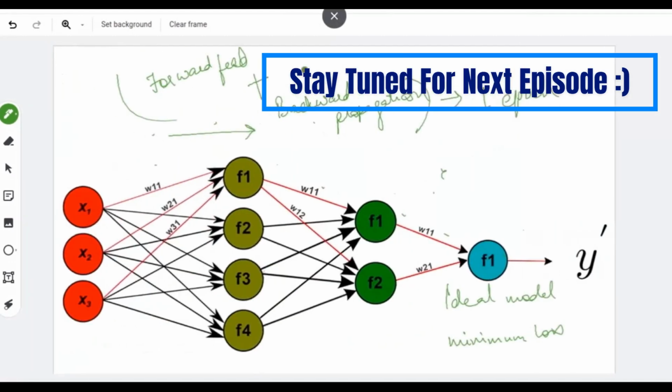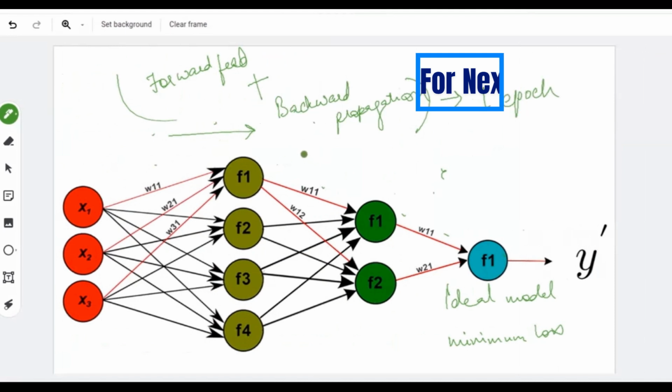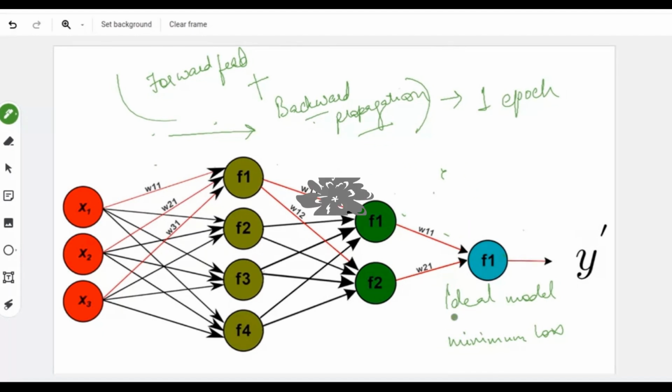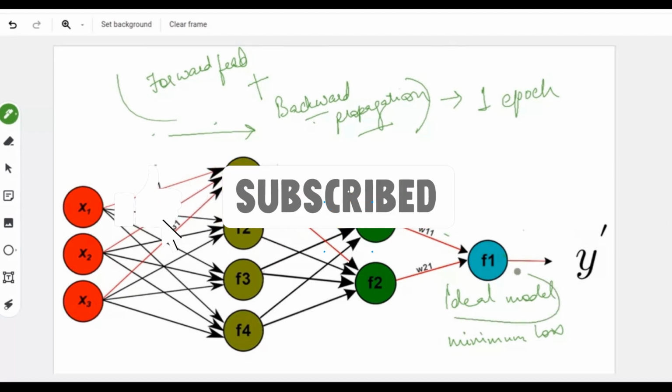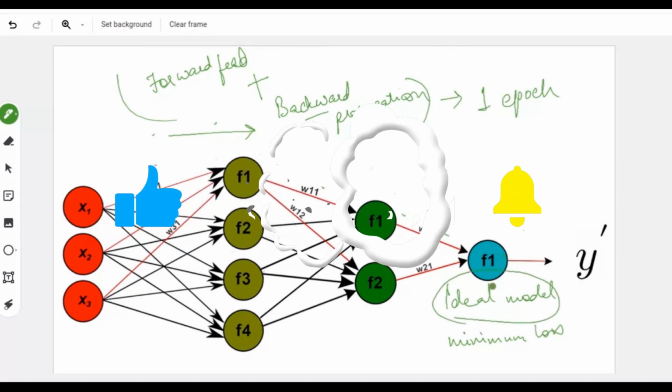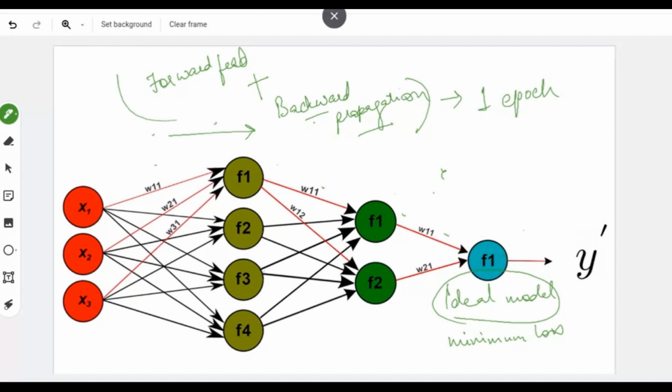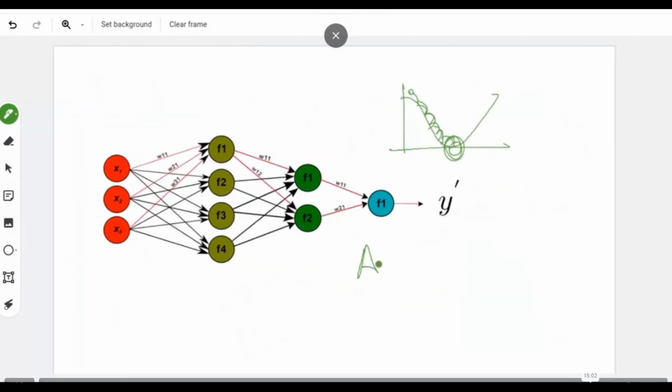So just a recap, you have forward propagation. You have to update the weights, so you use optimizers. In the optimizers, for optimizing, you use backward propagation to change the weights, and this whole thing is known as one epoch. Many epochs together form a training of a model, and such trainings lead to a good model or an ideal model. Okay, so in the next class we will talk more about activation functions.